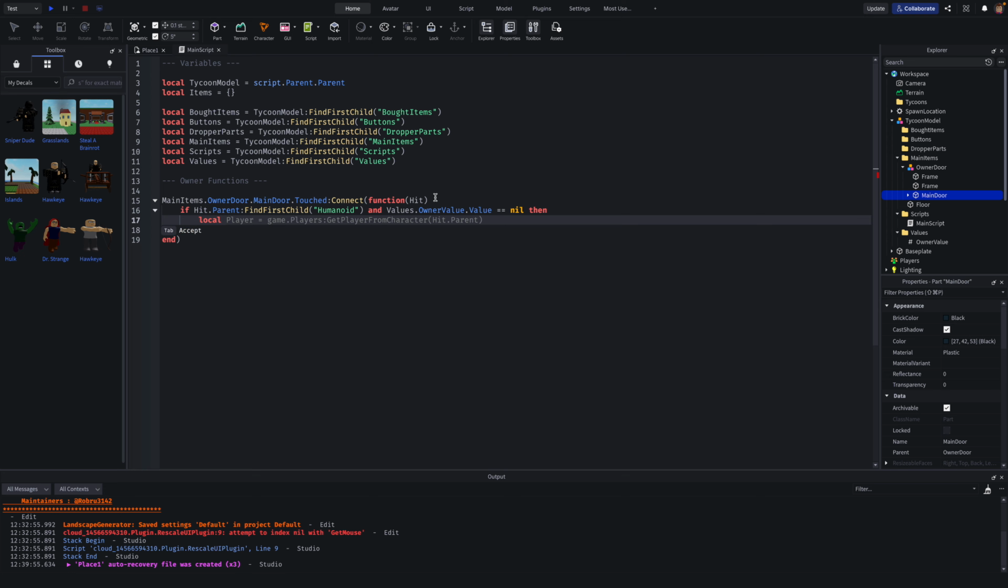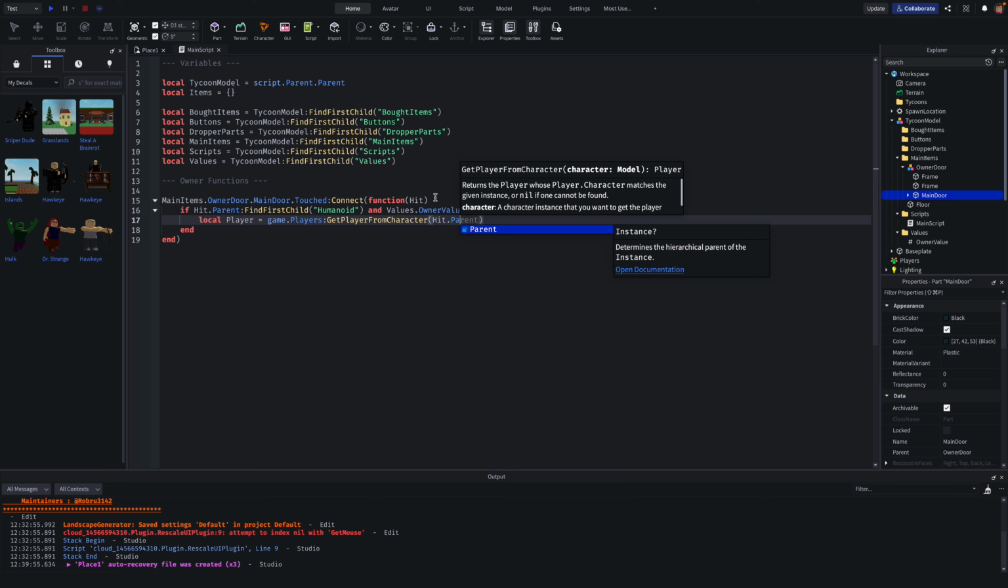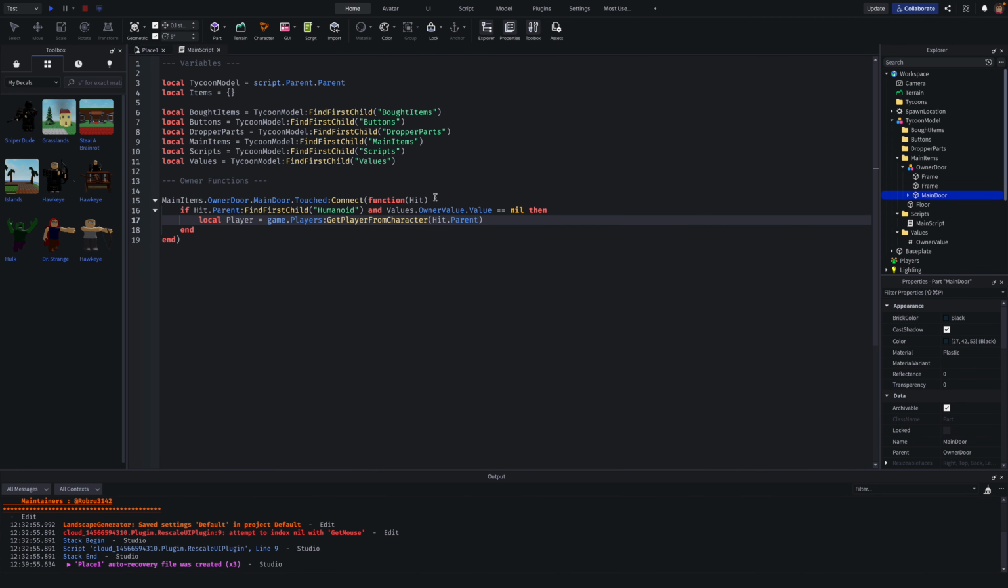local player equal game dot players colon get player from character, and then in parentheses hit dot parent, outer parentheses, and then values dot owner value dot value equal player,